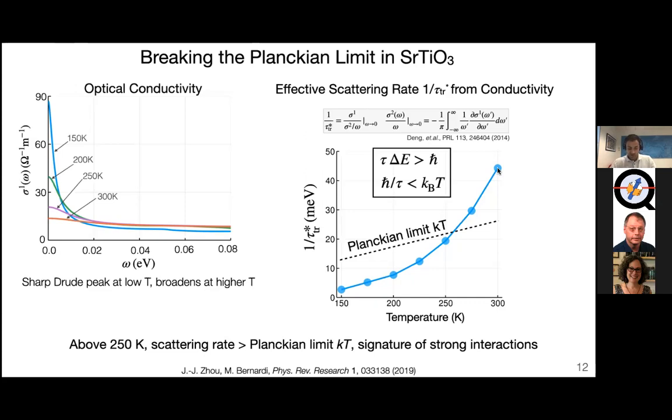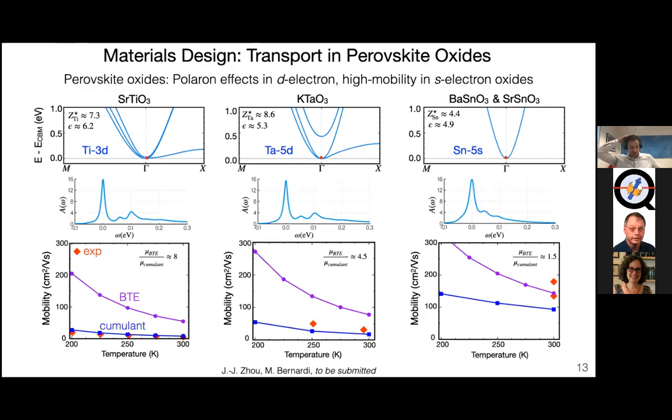Now, as you know, this idea of the Planckian limit and Planckian transport is kind of a hot topic in many correlated quantum materials currently. And so these tools equip us to study transport in some of those systems, particularly at high temperature, and hopefully shed light on this Planckian limit transport. On a more practical level, for people who are interested in designing new materials, these tools now allow us to study transport ranging from band transport, so weak coupling, to the polar regime.